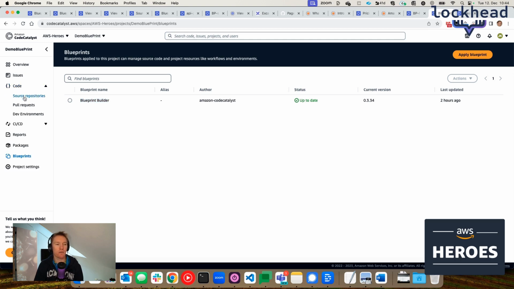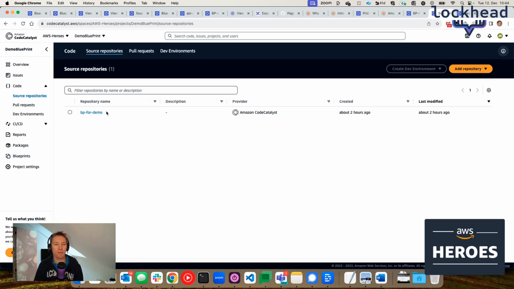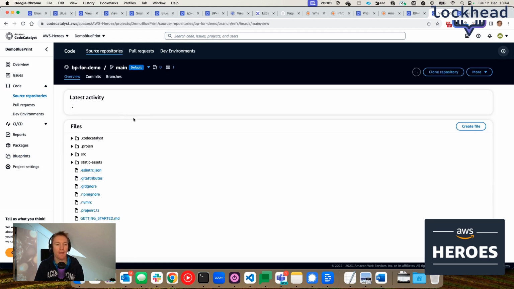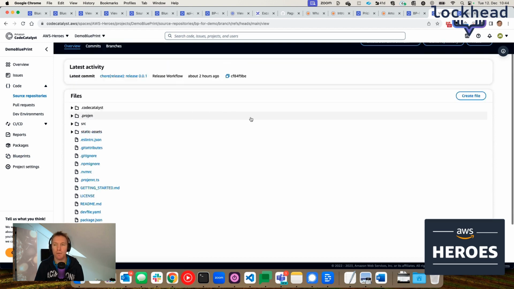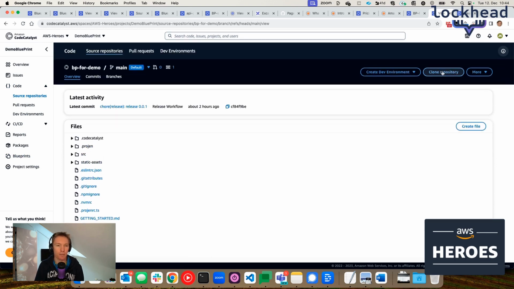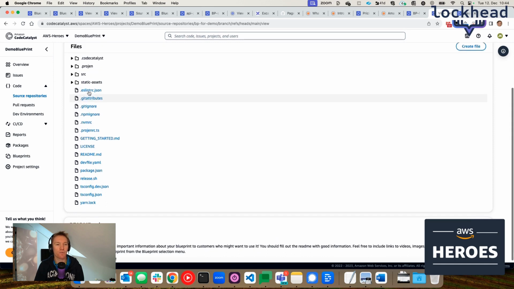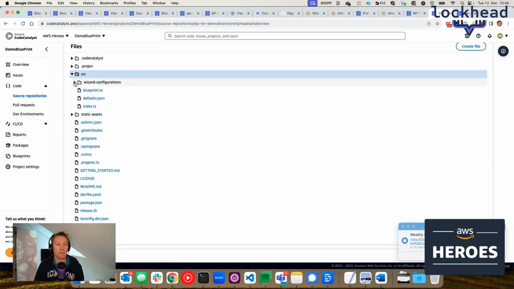You also see that over here we have a source code repository. A source code repository, it has the blueprint for demo, and within that source code repository, which I can obviously clone and edit locally as well, I have a whole setup of the project. You can see that this comes with a projen RC. You can see that there is